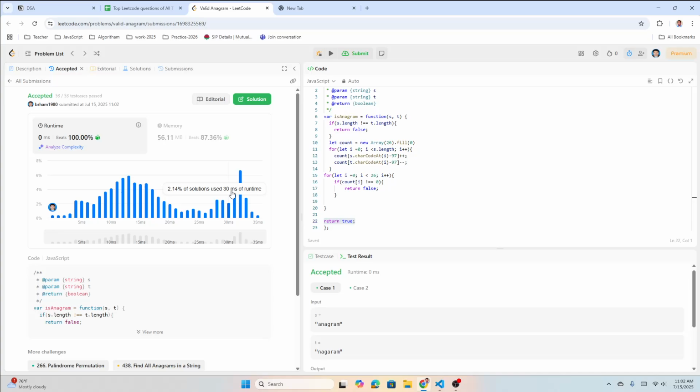And look at here. It beats 100%. It's just 100%, right? So you can see now. So that's why, the time complexity for this is,